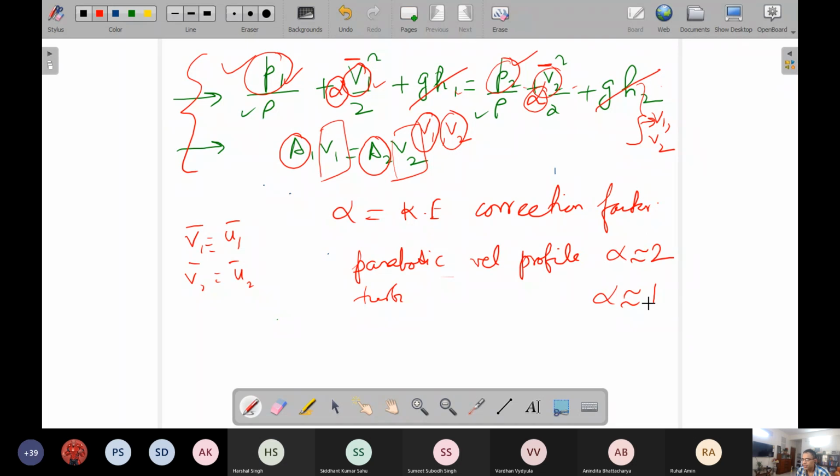But in reality, there is another very important effect, which is the viscous effect, which we have neglected. To consider the viscous effect, on the right hand side you consider another term, which is the energy loss due to the viscous friction. This we will study later on. So the energy loss is accommodated due to the viscous effect.